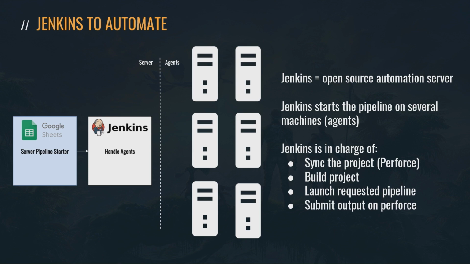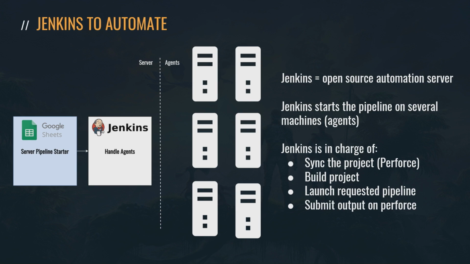Now how do we link that Google Sheet to the render farm? We are using Jenkins. For those who don't know, Jenkins is an open source automation server, and Jenkins will check if an agent, so an agent is a computer, is available, and if it's available, it's going to launch